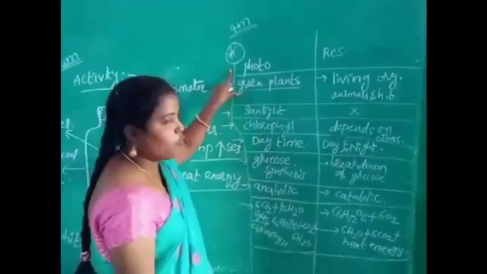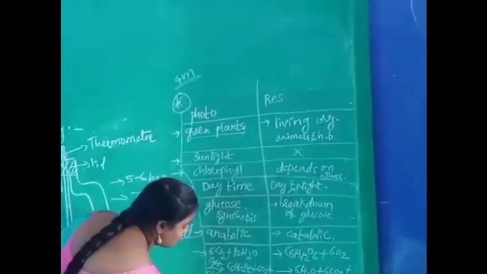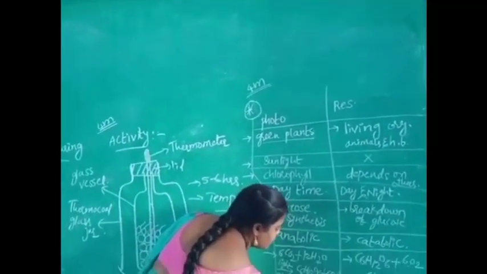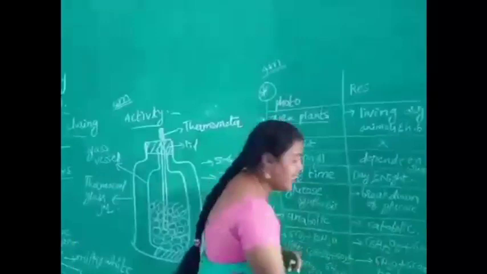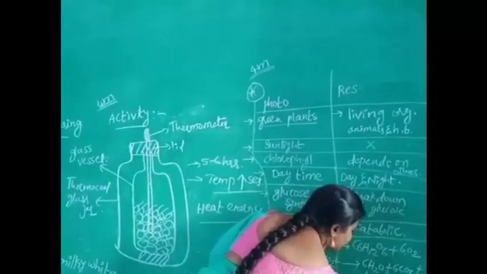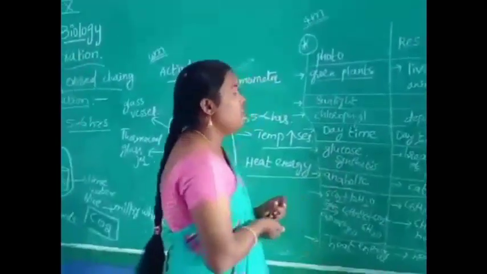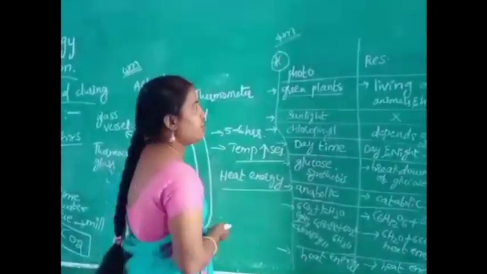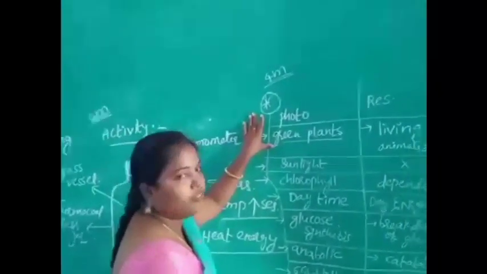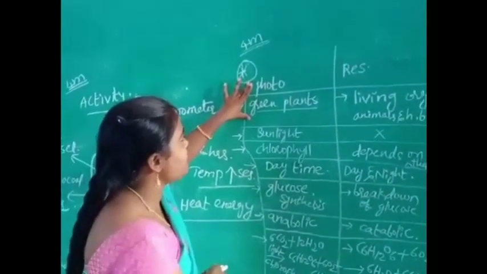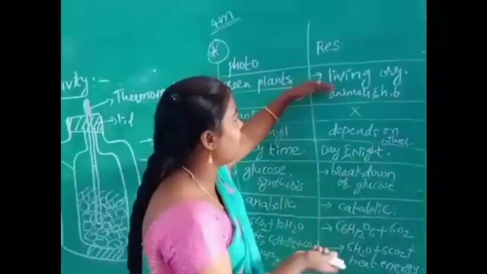The photosynthesis process uses energy, but the respiration process releases heat energy. These are the main differences between photosynthesis and respiration. A very important 4 marks question: photosynthesis is carried out only in green plants, but respiration is carried out in all living organisms like animals,